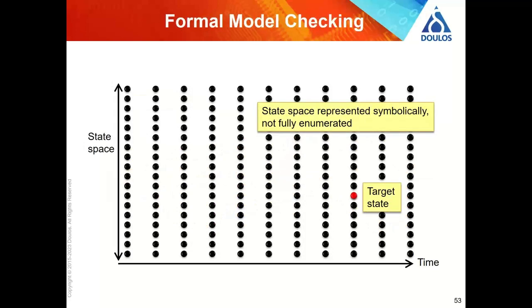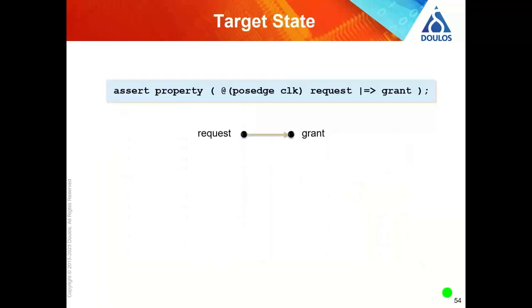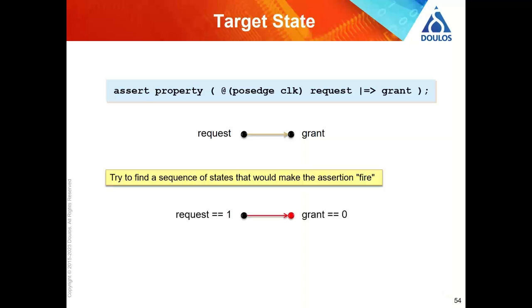Okay, so what about formal? Well, with formal, it treats the state space slightly differently. So our target state might be, for example, that we're interested in a particular output, maybe as a result of a certain number of preceding inputs. The formal tool will look to see how can we get to that state. So it basically works back across clock cycles. An example here: we've got a simple property, request implies grant. So for that to work,